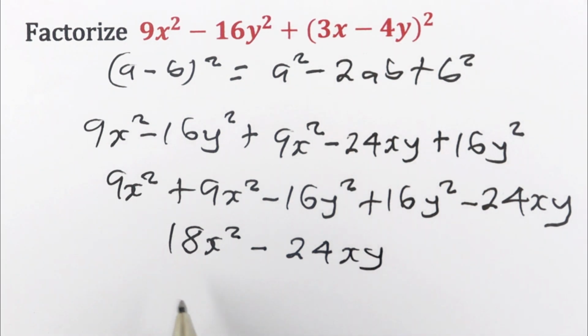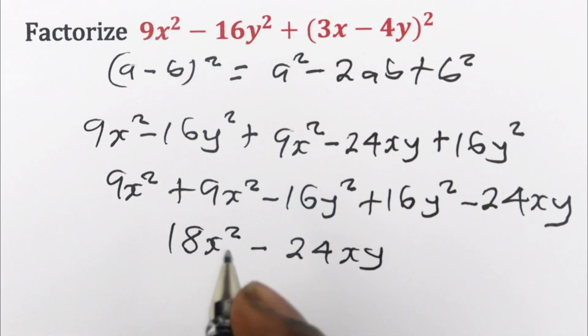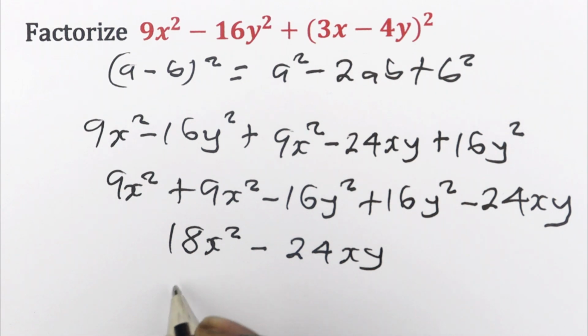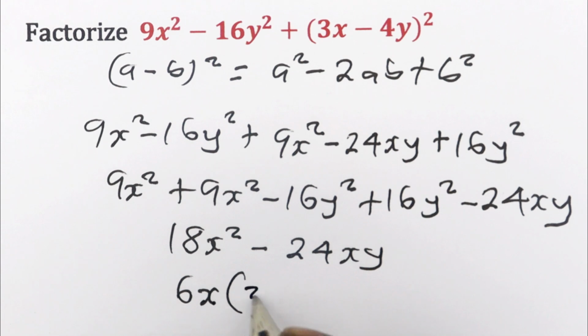So now just check for the common factor between these two, which in this case is 6x. So you have 6x into 3x minus 4 times